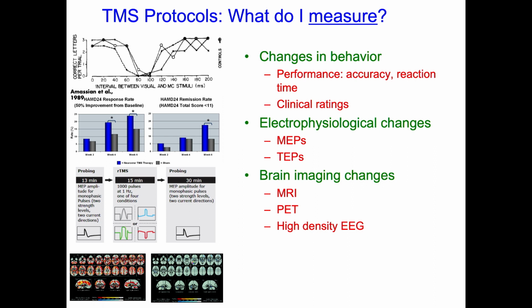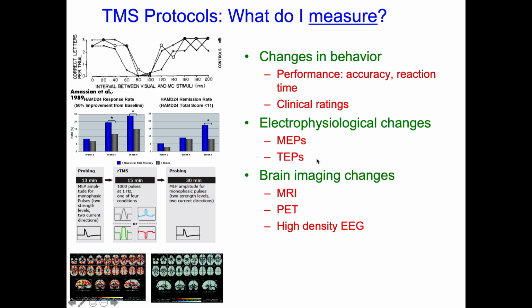There can be changes in clinical ratings. So the responses you see here are in terms of people's ratings in MADRS scores or in Hamilton scores in depression. So you can actually look at those kinds of changes. You can also look at physical changes that are occurring right away by looking, for instance, at motor evoked potentials. And you can do that with EEG and look at TMS evoked potentials, right on the head, right underneath, for instance, where you're stimulating. You can actually see the response to that